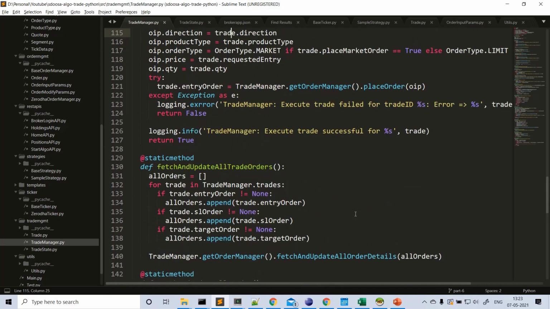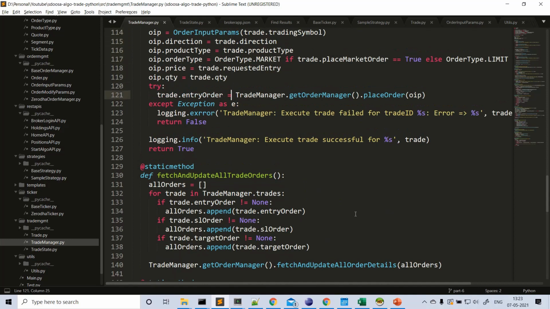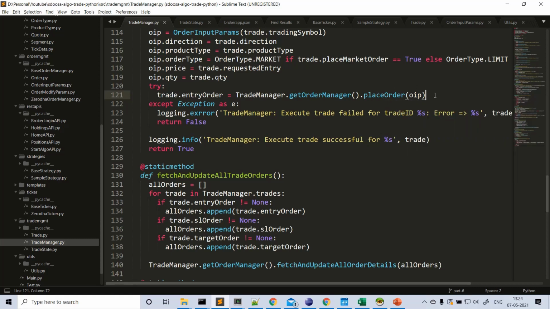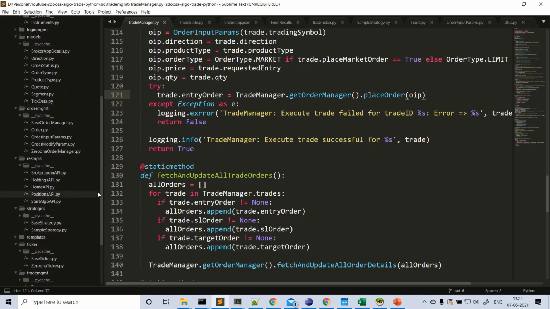So when you get the order manager here, that particular order manager's place order function will be called by passing the order input parameters, correct? When place order is called, it will return the order. So the order is nothing but an order of our type, our system order. So what is our system order?